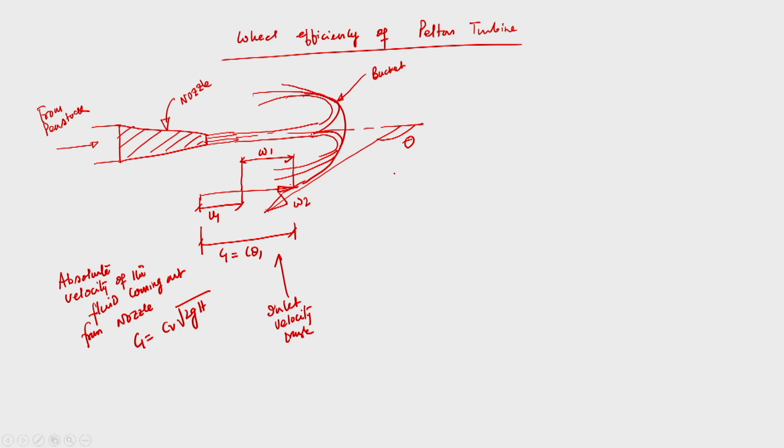And we can have the outlet velocity triangle. We know that this angle is theta, and this will be our absolute velocity. This is W2, this is C2, and this component will be C theta 2, and this will be equal to U2.